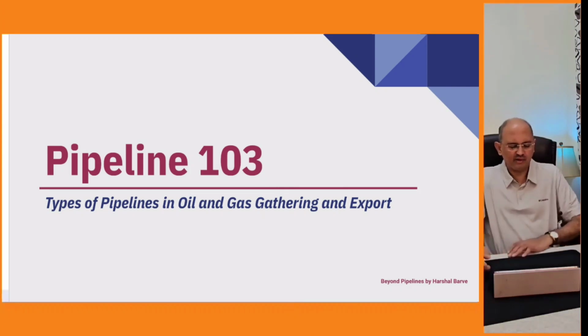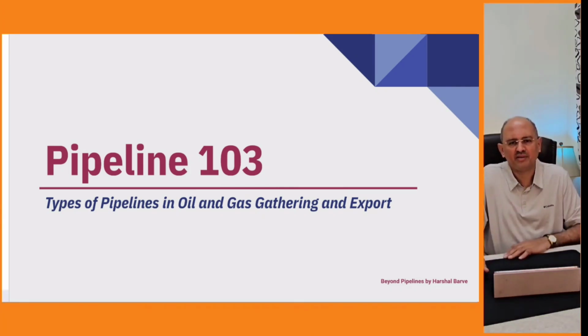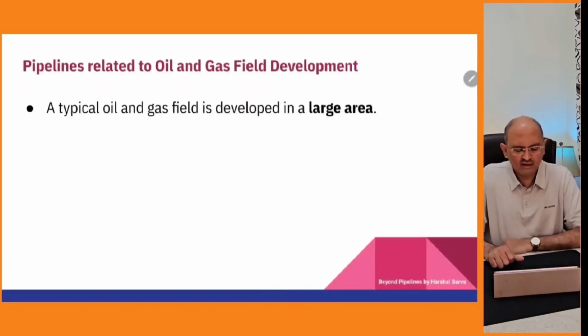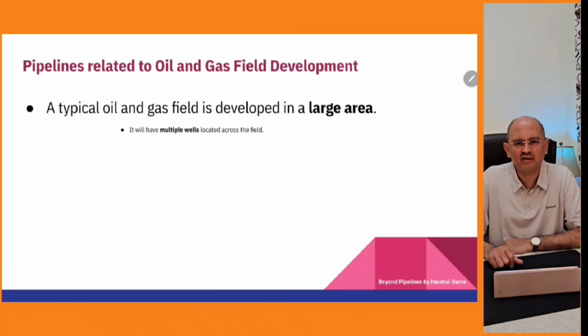In today's lecture, we are going to talk about types of pipelines related to oil and gas exploration fields and the export lines. A typical oil and gas field is explored over a very large area. It could be 50 square kilometers or 100 square kilometers. It's that large. And the number of wells depends on the extent of that field. The number of wells could vary from 10 to 50 to 100, to tap the entire hydrocarbon available in the